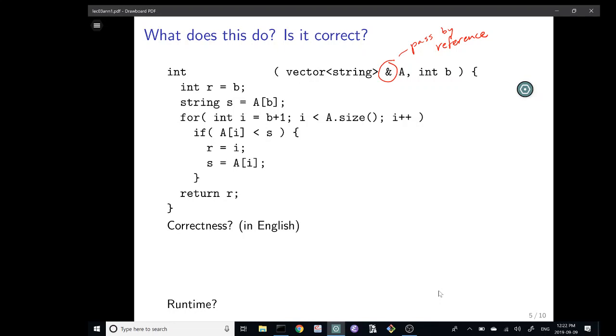They passed in a vector of strings, and because this function gets that vector by reference, when it changes the vector, it changes the caller's vector. It doesn't make a copy when it passes. But it has absolutely nothing to do with the running time or what this function does, except that it's just information for you to know about. That's a reference parameter.